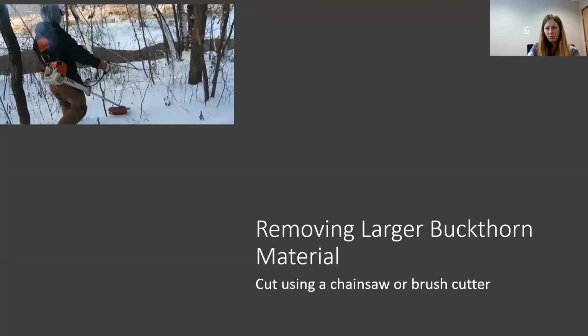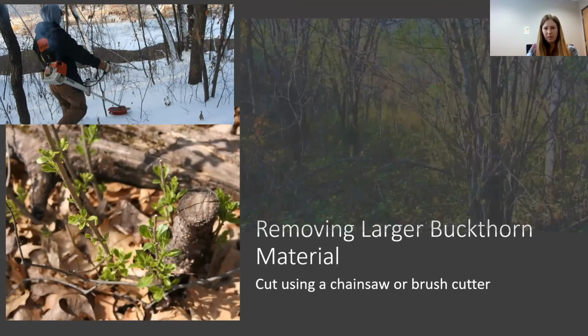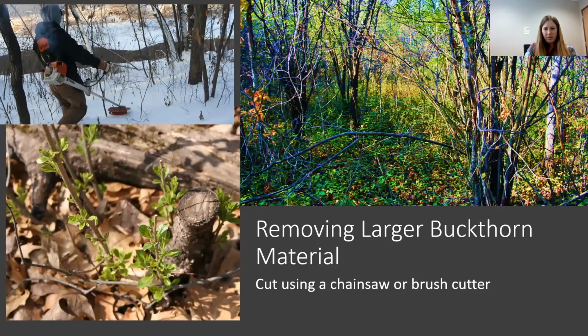But moving into probably the most common removal method for anything larger than, say, a 1/4 acre or so, is cutting with a chainsaw or a brush cutter. In the industry here, we often use brush cutters. You can move through a large area quickly, and I think it's often a little bit safer than a chainsaw. And you can cut fairly decent sized material, especially when you're working with buckthorn with these brush cutters. And as you get to the material shown in the top right picture, that's obviously going to need a chainsaw and create quite a large stump.